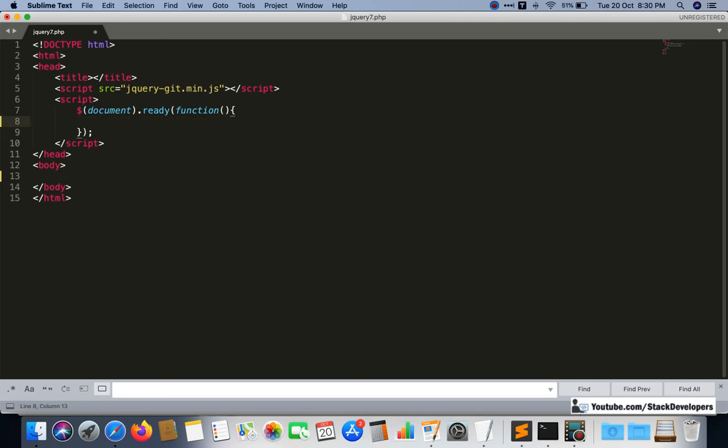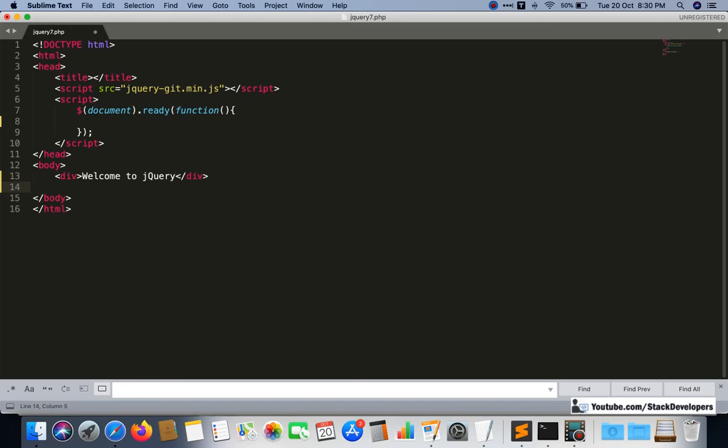What I am going to do is create simple buttons once again. We will hide some HTML, and we will show the HTML with the help of a button as well. I will make one div and add "welcome to jQuery".